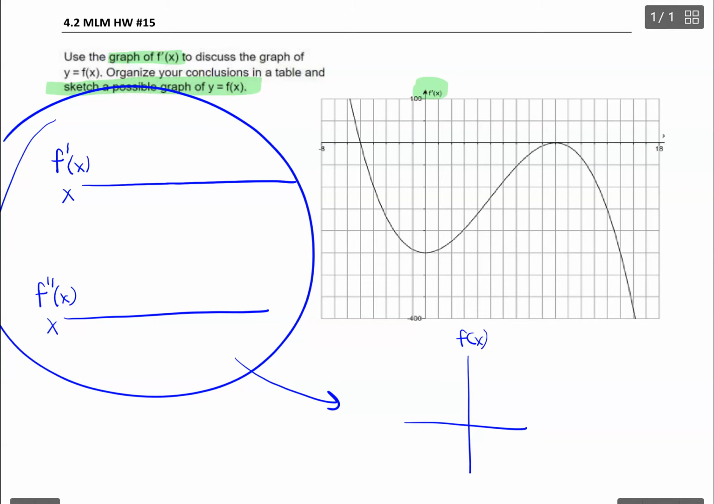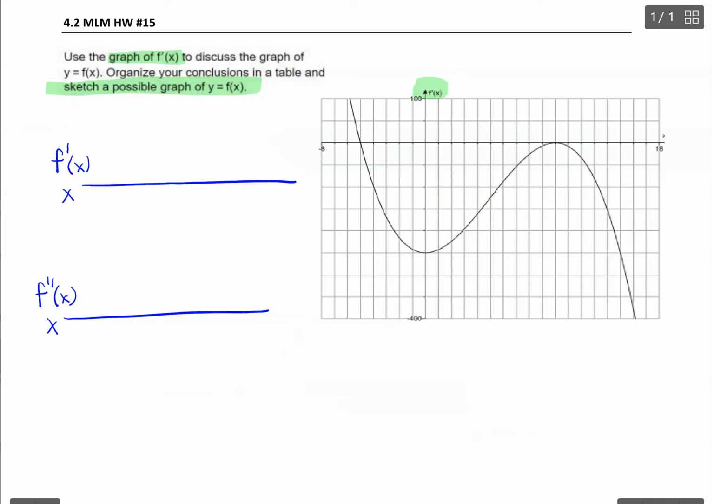But how am I going to get that information? Well, we're going to slow our brains down and say, okay, what information is this graph giving me? So I have an x-axis and an f prime of x-axis. So if I pick a point on this graph, for example, this point right here, let's see what information that point is telling me. So I'm going to get x information off my x-axis, and I'm going to get f prime of x information off my y-axis. So this particular point right here,